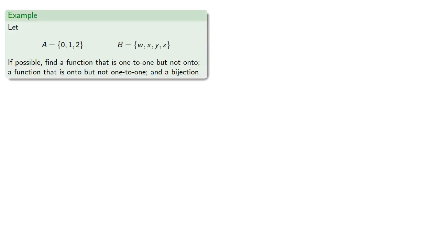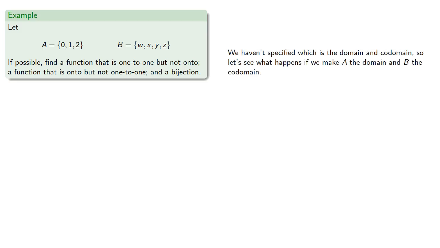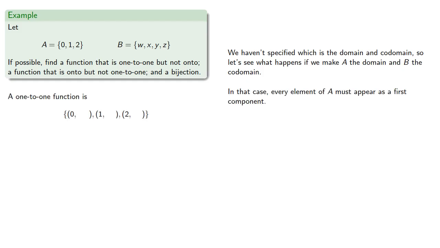So let's play around with this a little bit. Suppose A is this set and B is this set. If possible, find a function that is one-to-one but not onto, a function that is onto but not one-to-one, and a bijection. Now, we haven't specified which is the domain and the codomain, so let's see what happens if we make A the domain and B the codomain. In that case, every element of A must appear as a first component. So to make a one-to-one function, we just need the second components to be different. So a one-to-one function might be